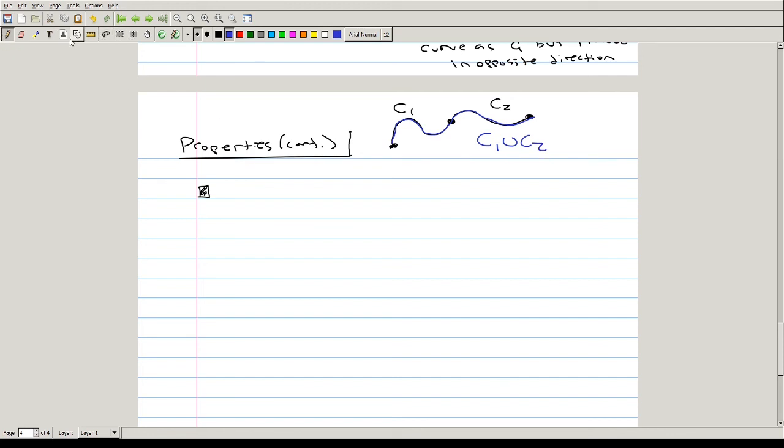Mathematically, this is the union of these points. So this is the notation that we use for that. The additivity property says that the line integral along C, where C is the union of two curves C1 and C2, of some function phi of r ds,